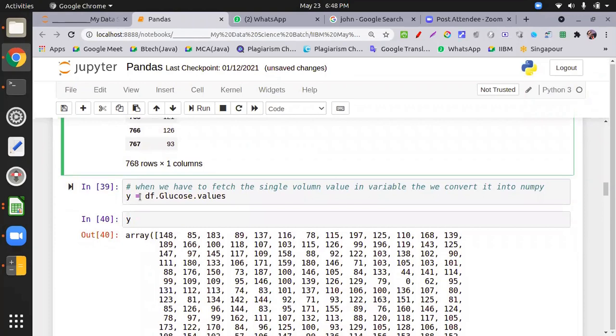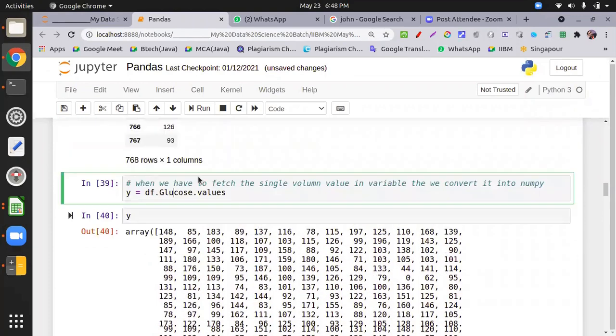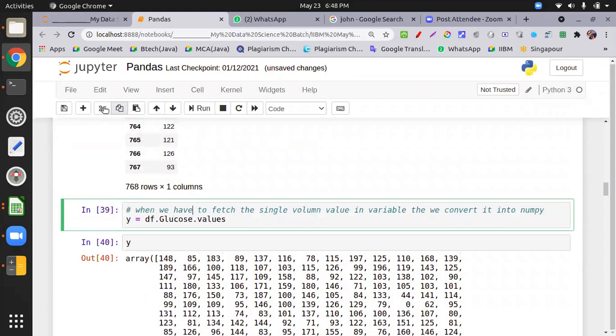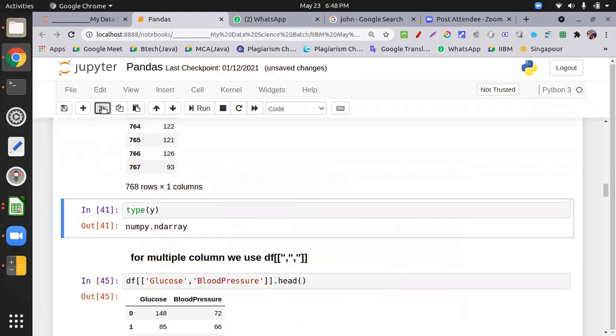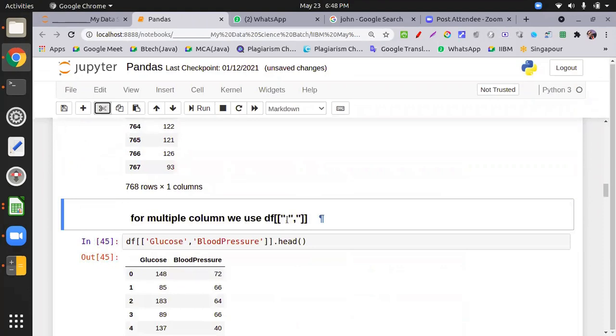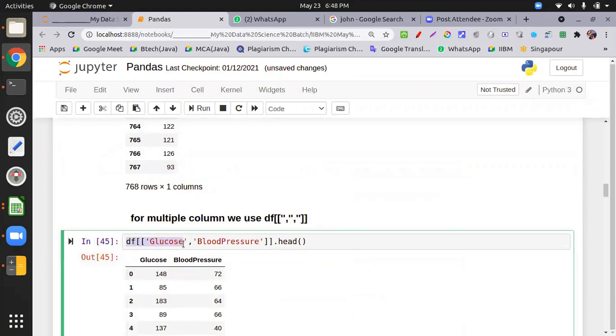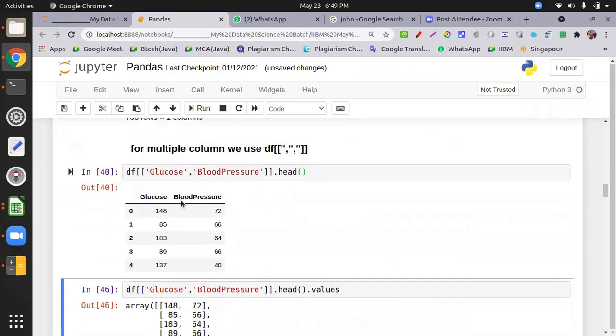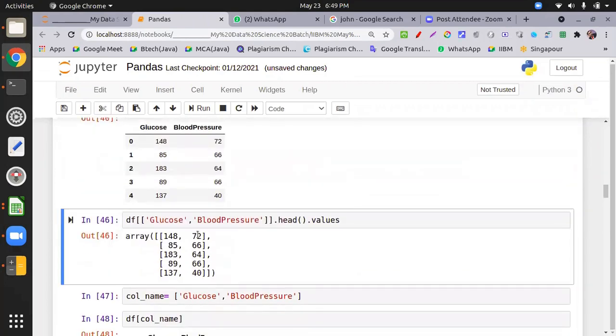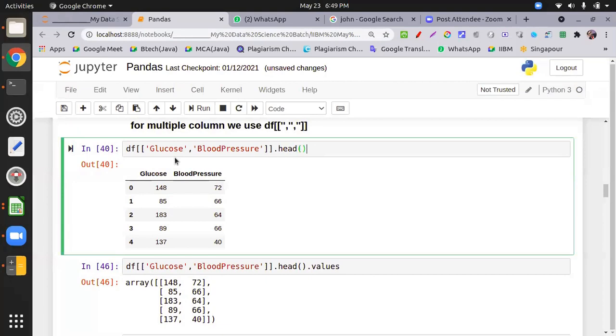I already did this over here. Now for multiple columns, df with double square brackets, multiple columns, head. This will display two columns like that. If you want the same thing as a NumPy matrix, just put values and run this.